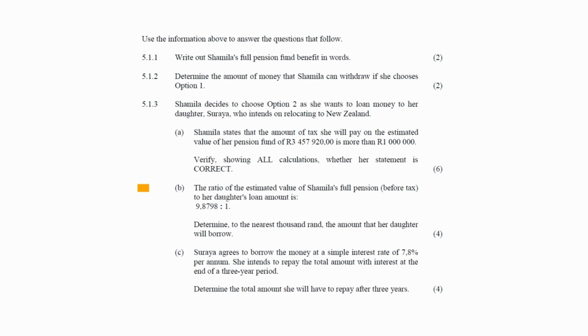In question 5.1.3b, the ratio of the estimated value of Shamila's full pension before tax to her daughter's loan amount is 9,8798 to 1. You will have to determine to the nearest 1,000 Rand the amount that her daughter will borrow. The ratio of 9,8798 to 1 means that the daughter will loan an amount that is 9,8798 times smaller than Shamila's full pension